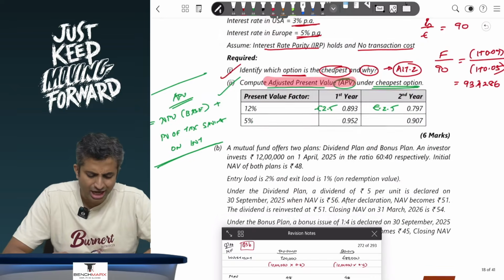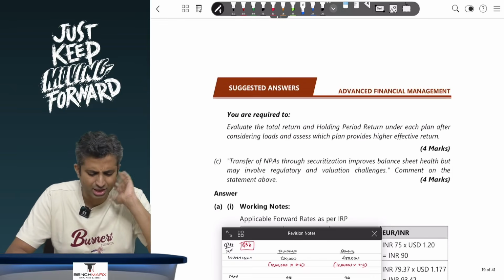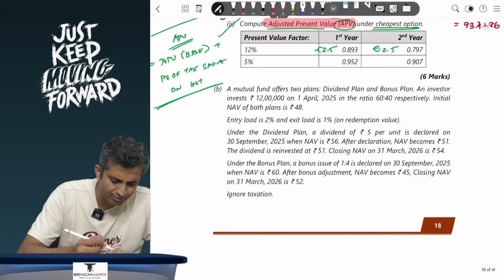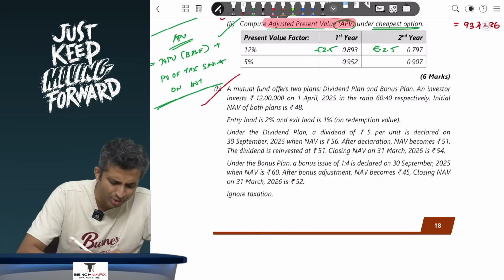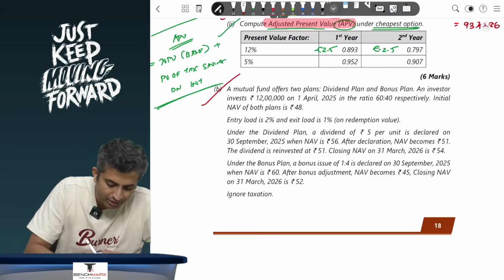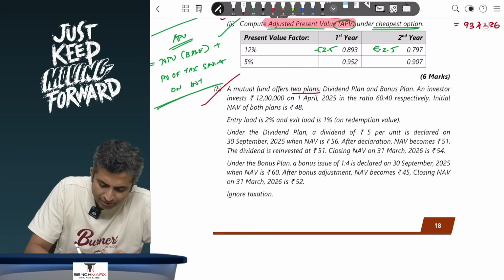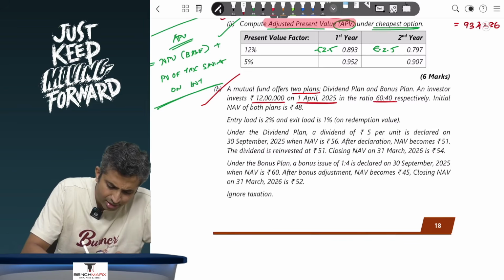Now, along with that is a question from mutual funds, which is relatively manageable. This is on the typical bonus and dividend plans, and let's review. This was a little easier, I would say. A mutual fund offers 2 plans, the dividend plan and the bonus plan. An investor invests 12 lakhs on 1st April 25 in the ratio of 60 and 40,